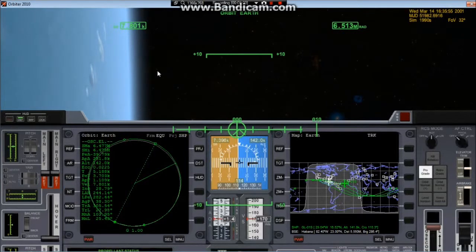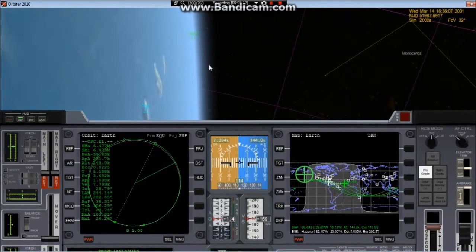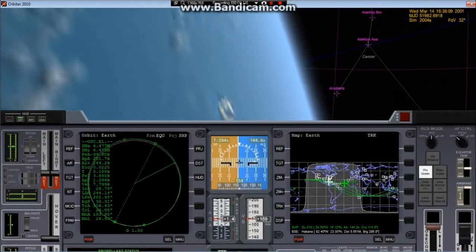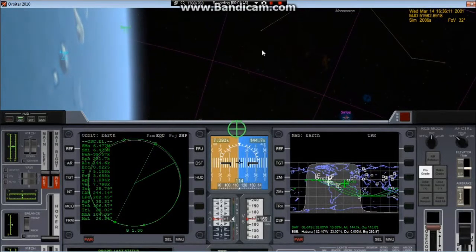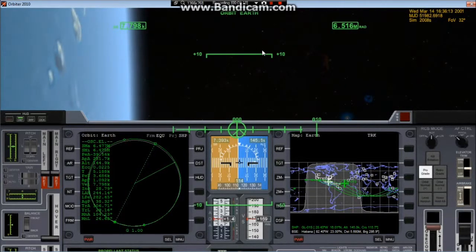So what we're going to do is fast forward until we get reasonably within a certain amount of distance, because I really want to circularize this. So, what is that, the Canary Islands? Something like that. We're getting close to Africa. So what I'm going to do now